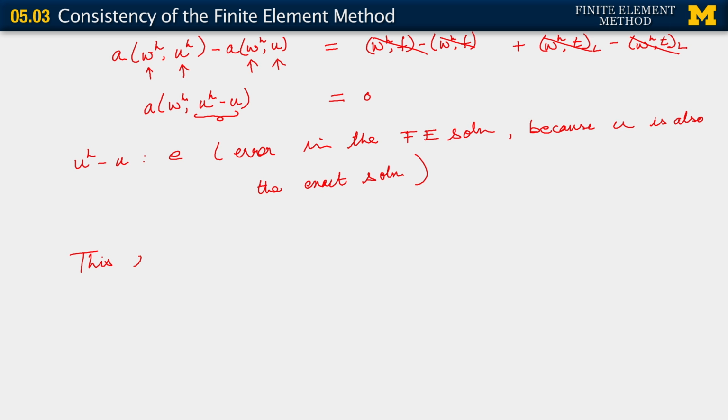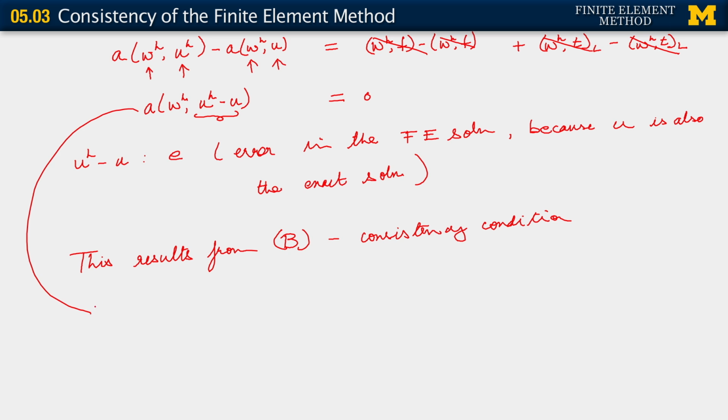This results from B, which is called the consistency condition. Let's look at what we have here first and then try to understand the consistency condition better. What we have here is a statement saying that A of WH, comma E